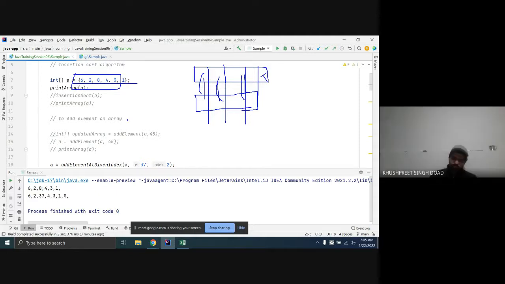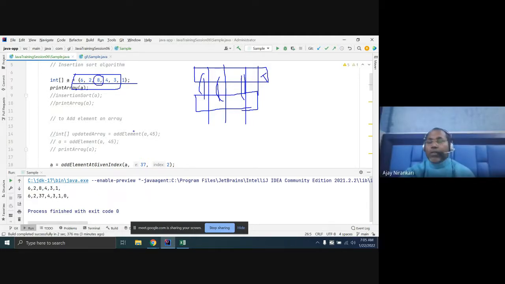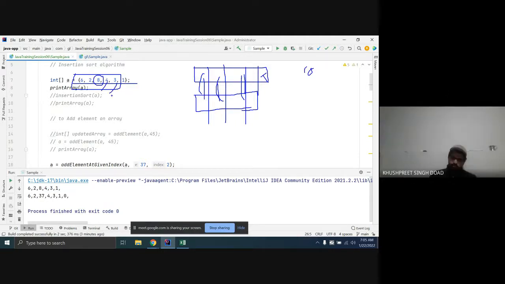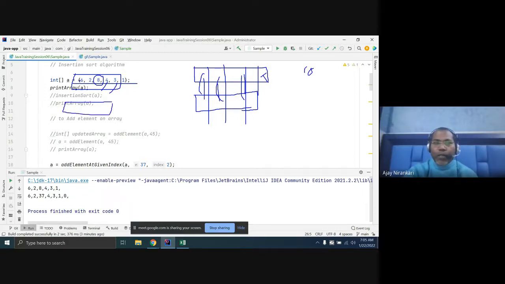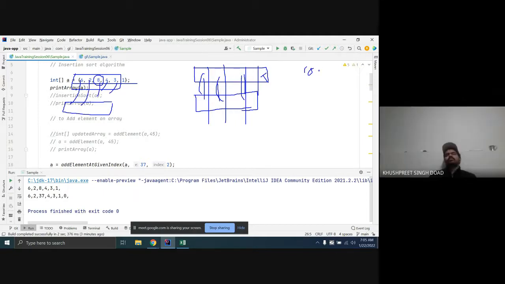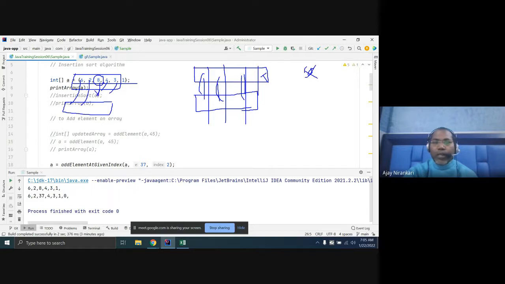But sometimes someone wants to remove the 8 value from here. So you have to somehow take input 8 into the method and compare with the values. Whichever matches, just skip, and copy the others. Let's say I want to remove 8. You write the new array and copy 6, 1, 2, 1, and when you reach 8 you already match, so you just skip it, and then you copy 4, 1, then 3, 1. While copying, you have to skip the number you want to delete.